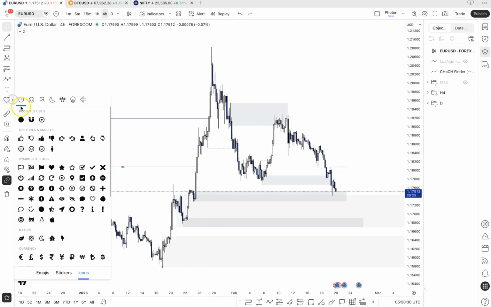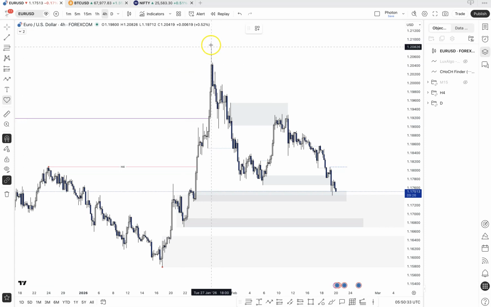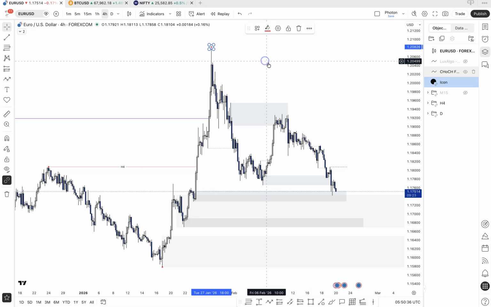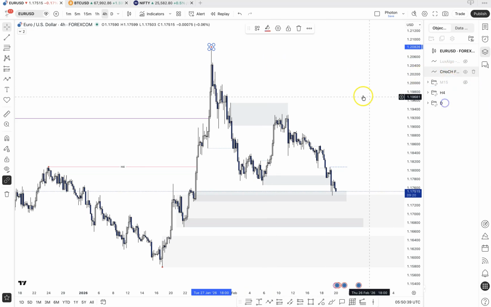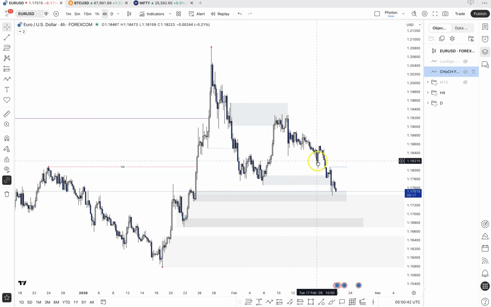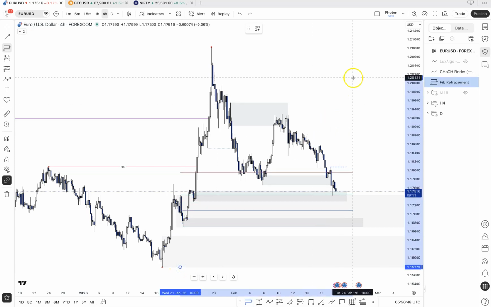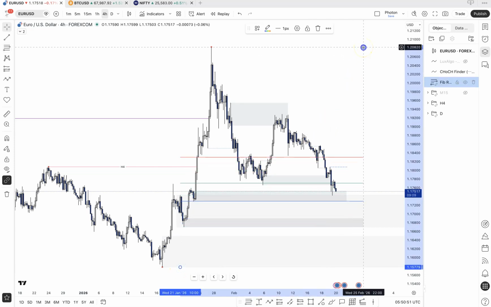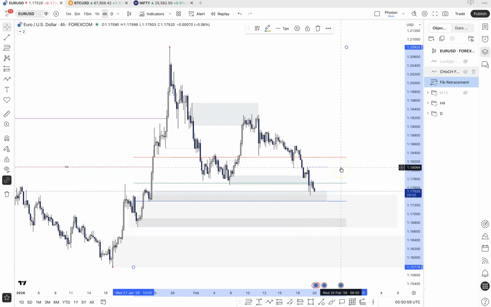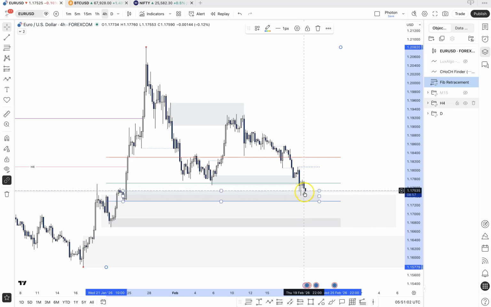In fact, we can now safely mark this as a weak swing high on the 4-hour, and now we can expect the price to pull back, and it's pulling back quite reasonably. And if we again look at how deep have we pulled, this is 50%, this is 61.8, and this is about 70%. So this is, I think, a reasonable pullback. We are already over here, and I think price should reverse from here. Maybe we pull a little further down, maybe sweep this entire 4-hour zone, and then go up from here.